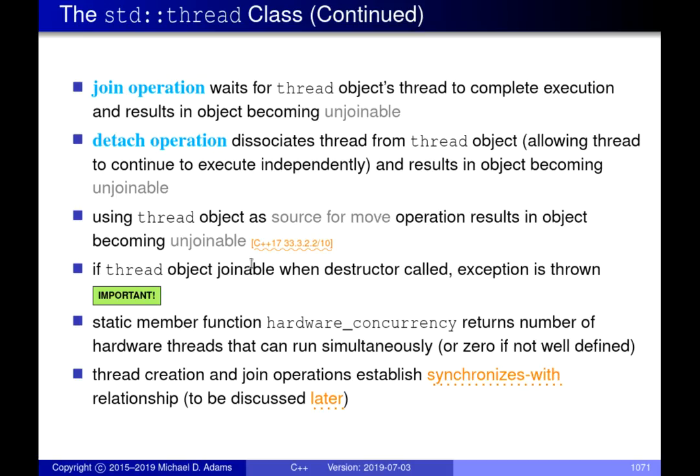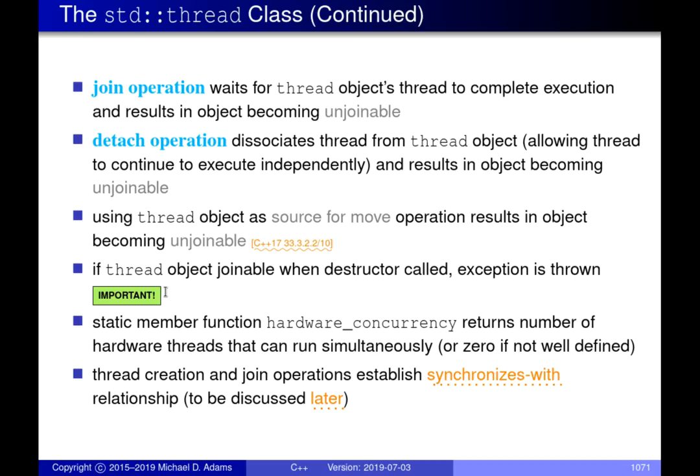Another thing to watch out for when you're using the thread class is that it's considered to be a fatal error if you hit the destructor of a thread and the thread is joinable. In other words, if you haven't actually called the join operation to wait for the thread to complete what it's doing, and this will also mark the thread unjoinable before it returns. If the thread is actually still joinable at the point where the destructor is called, an exception will be thrown. This is required by the C++ language specification for the standard library. And this is a common sort of mistake to make.